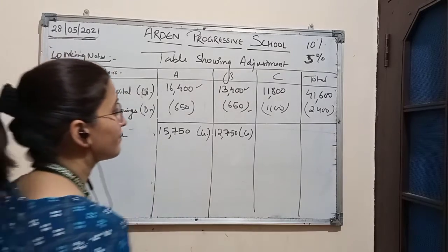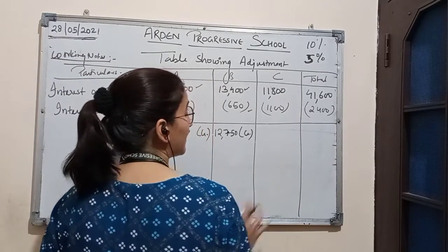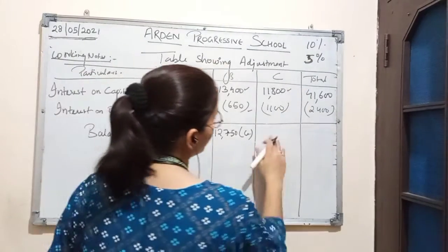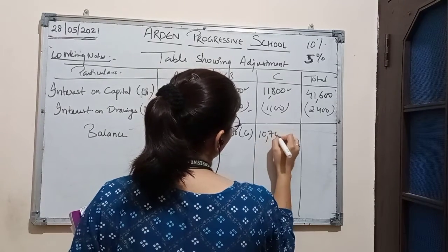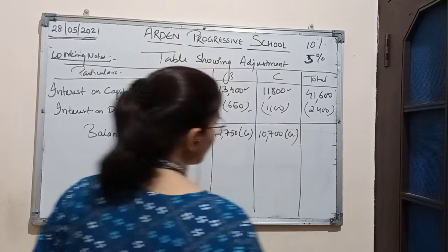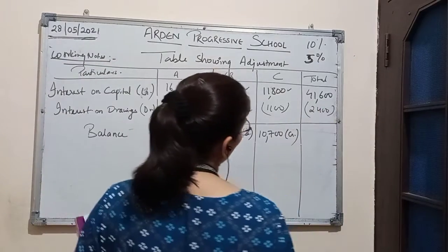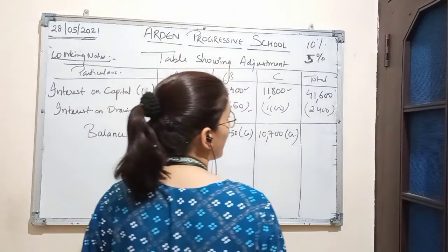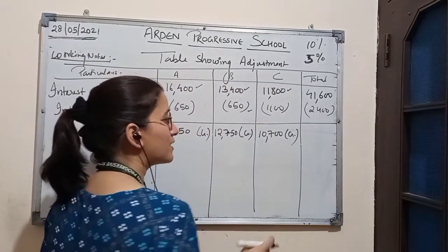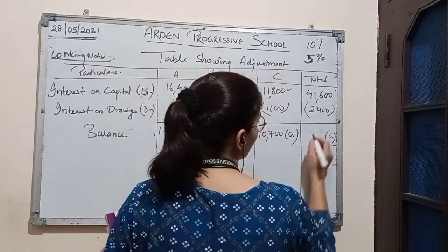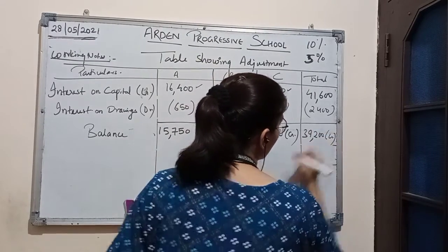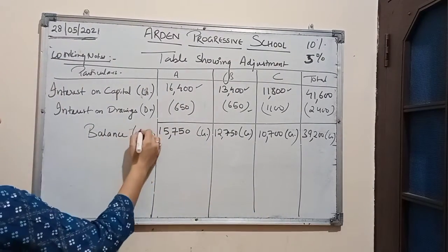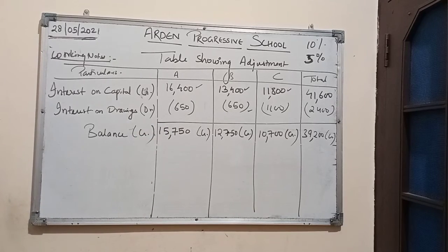12,750 of credit balance. Here also in C's column we can see that there is excess of credit balance over debit balance with the amount 10,700. And now here the total amount is, here also 41,600 is a positive credit balance and 2,400 is the debit balance. So answer will be credit balance only, and answer is 39,200. So this is the balance remaining with the partner's capital account. All balances are credit balance here.